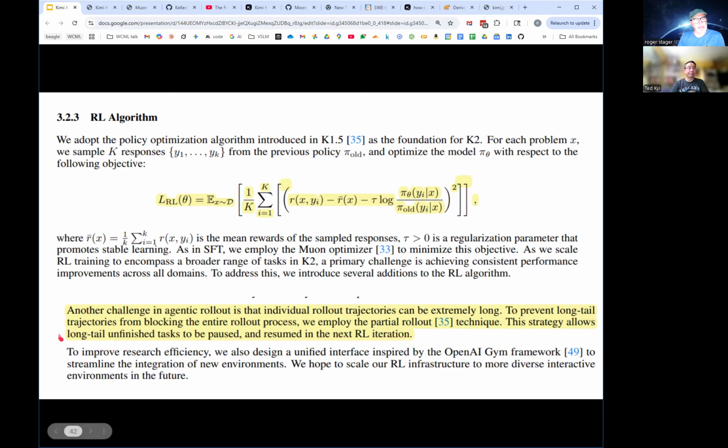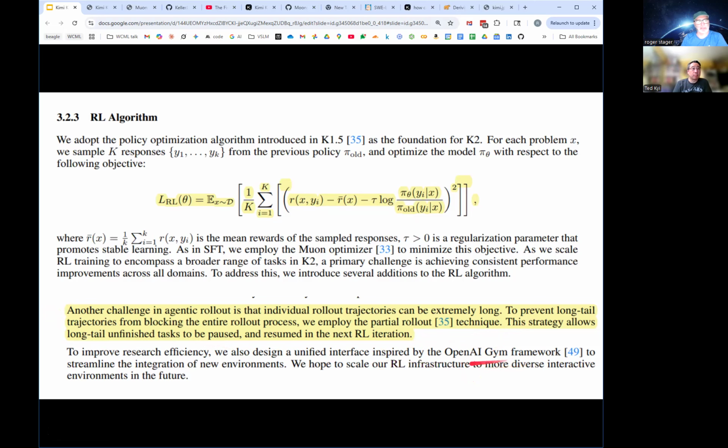Okay. And then here, I thought this is a neat little engineering issue: some of these rollouts will take longer when you're interacting with the agent, and some you might get to a solution quicker. So they did some scheduling here where if one of your samples is running too long and the others have finished, you just pause that and restart it, running it with the next batch. So kind of a dynamic batching type of thing going on.